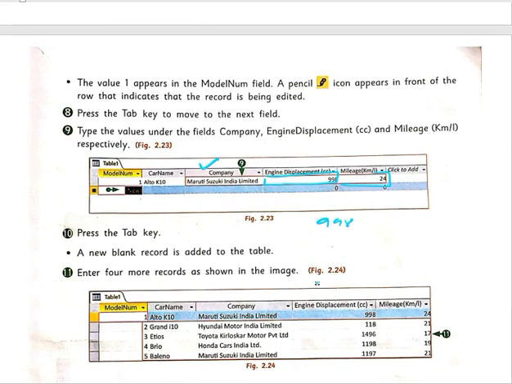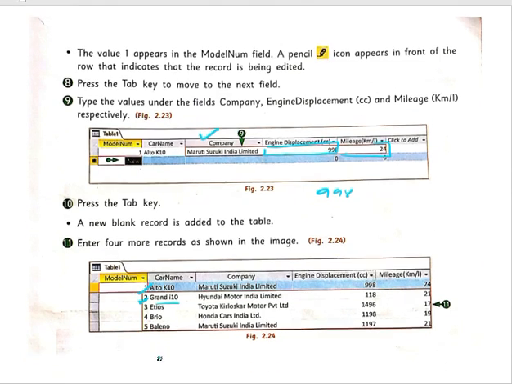Suppose we want to enter a new car name, for that you can press the Enter key. Then you will go to the second row, number 2, and write a new car name, that is Grand I10, and again press Tab, then it will move to company. In this way we can add many details or data in the different cells.